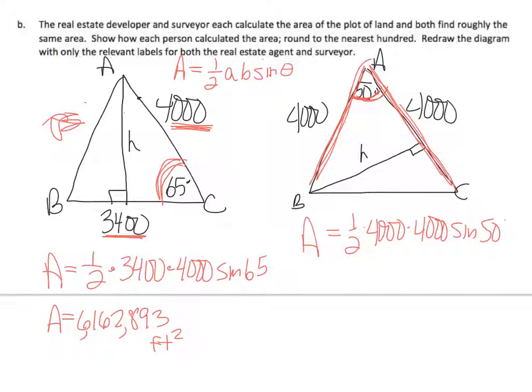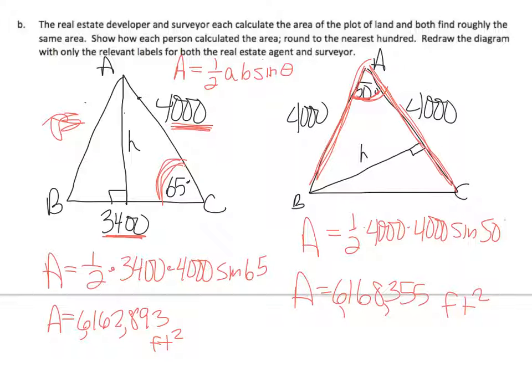Type it out. Times sine 50. I have an area of 6,168,355 square feet. It looks like we're off by just a little bit. Not too much. Okay,